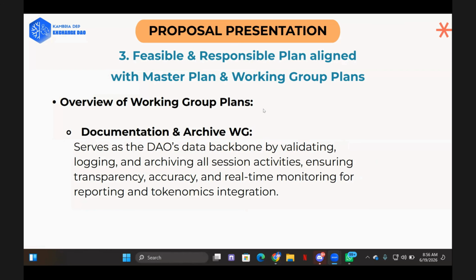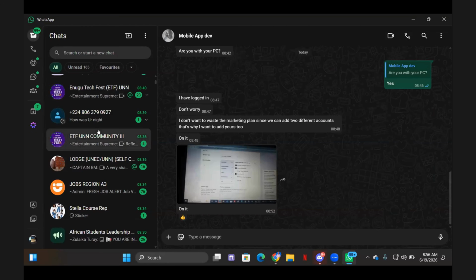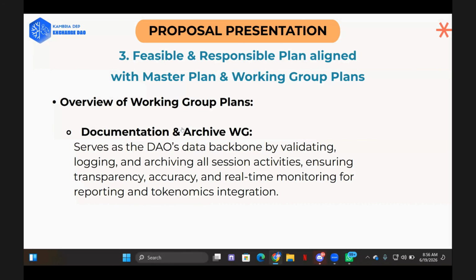So this documentation is the backbone for this particular group, because we have to ensure that whatever is presented is logged, properly validated, and transparent, so that we can achieve the goal of 500 sessions. That is the main objective for the whole documentation, and we are going to use some tools to ensure that it is done